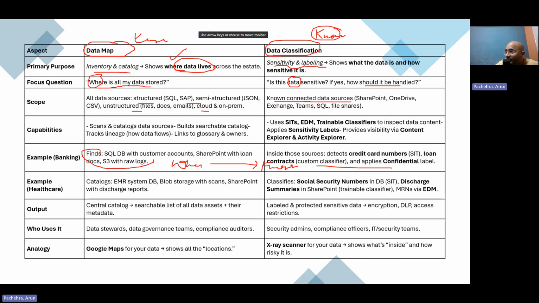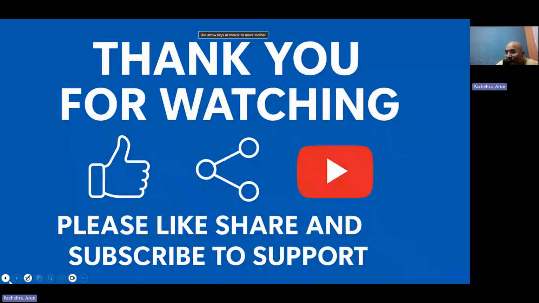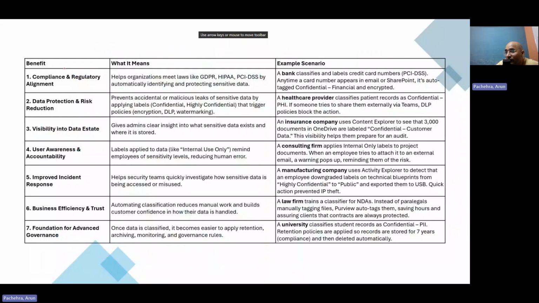So this is the difference between data map and data classification. We can go further. Output. Here is a searchable list of data assets, their metadata, here labeled and protected by sensitivity. It is absolutely clear now. All right, let's go ahead to this slide, where we will find out some